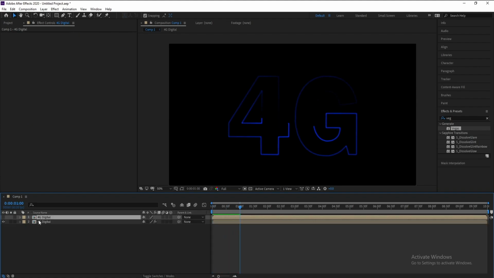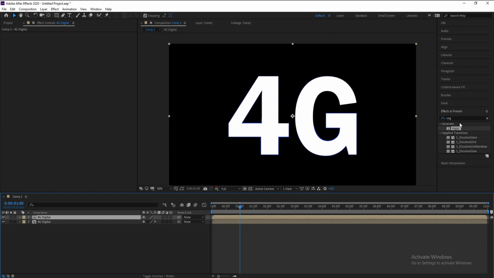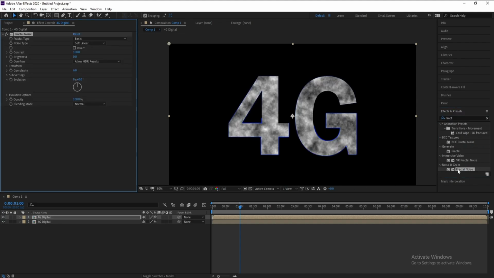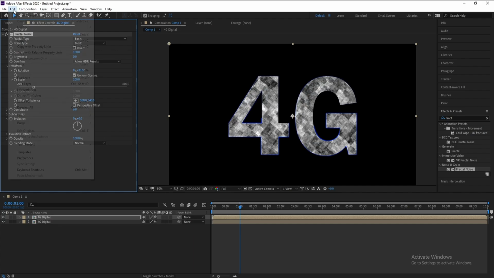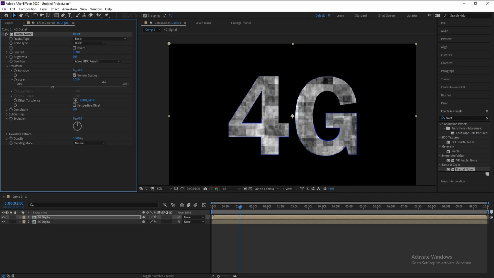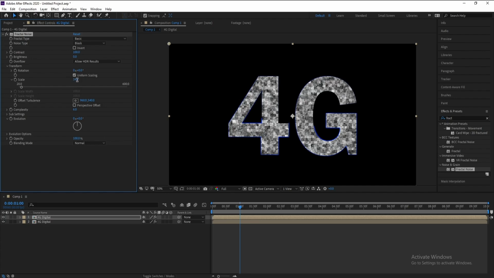Okay, now open this layer and go to effects and presets and fractal noise. Double click or drag and drop. I'll change soft linear to block, and I'll go to transform, open transform, and not rotation, scale. I'll change the scale to